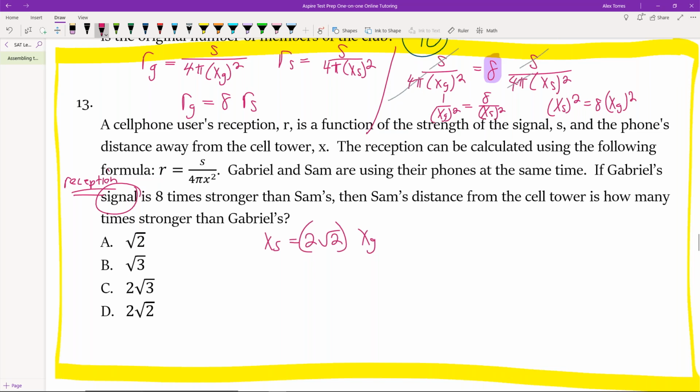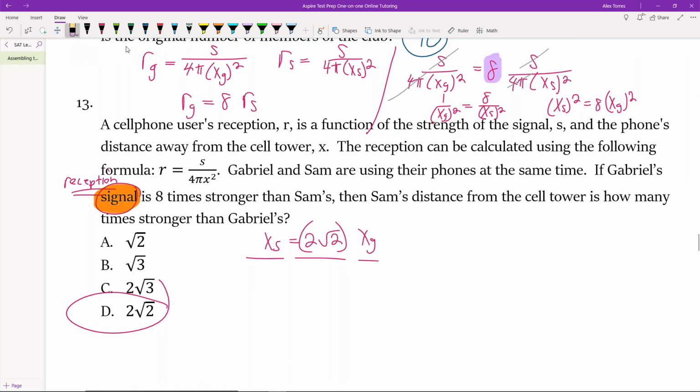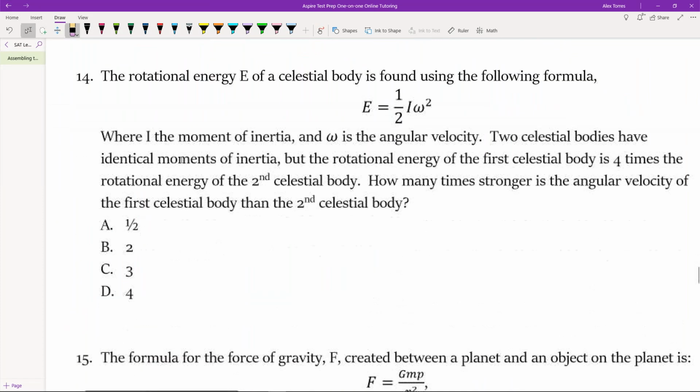But now Sam's distance, which is xs, is 2 radical 2 times Gabriel's distance. It's that many times stronger. So the answer here is D, even though for the signal here, the problem would have been better worded if we said reception instead of the word signal there, which is what we were going for when we wrote the problem. Something we'll definitely fix in the future. So going to this problem here,